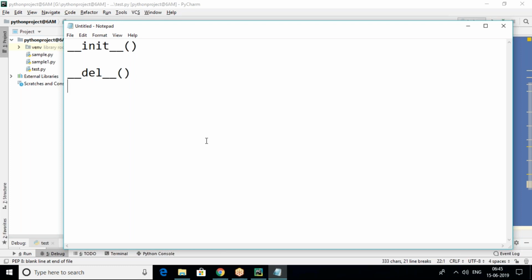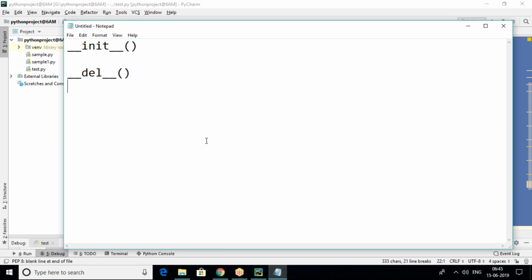So once the destructor execution is completed, the garbage collector automatically destroys that object. So the destructor's responsibility is not destroying the object. The destructor's responsibility is only deallocation of resources and disconnection from the database. These kinds of activities are done by the destructor. Once the destructor completes deallocation, the garbage collector automatically destroys that object. So the job of the destructor is not to destroy the object, it is just to perform cleanup activities.